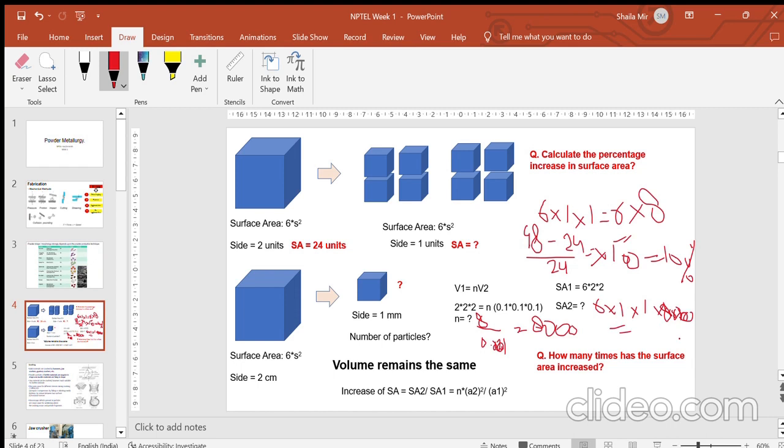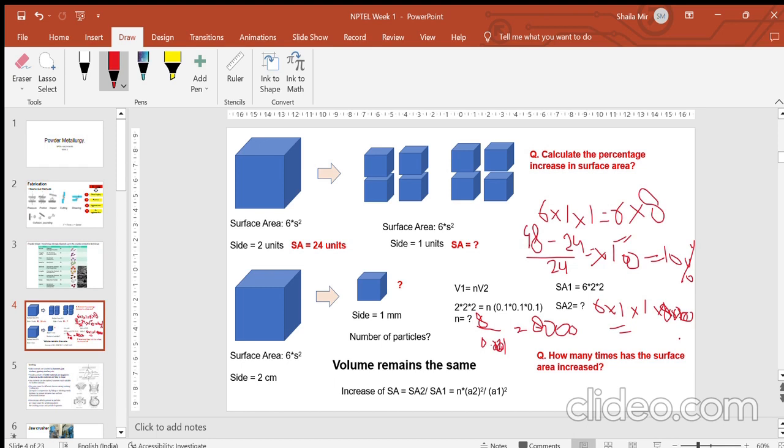Right? And then you can calculate the times the surface area has been increased. The main reason for doing this problem is that you have to see that after crushing you always have a larger increase in the surface, but this surface will result in a large surface energy, right? So if you are crushing a particle from 2 units to 1 unit, you can go to achieve